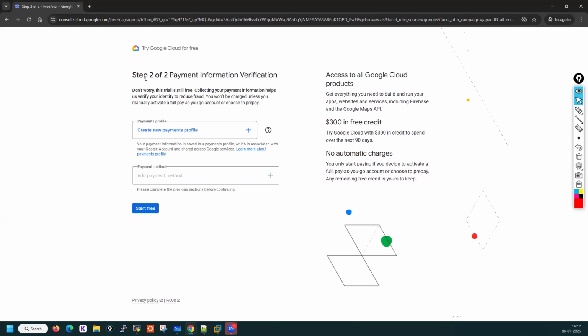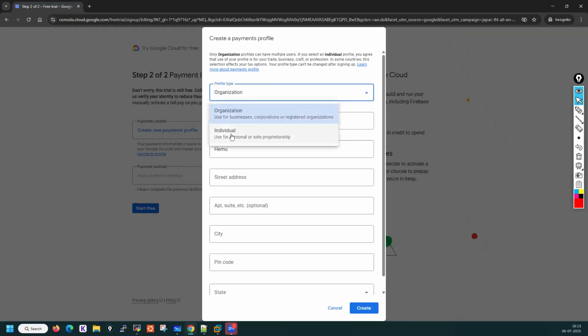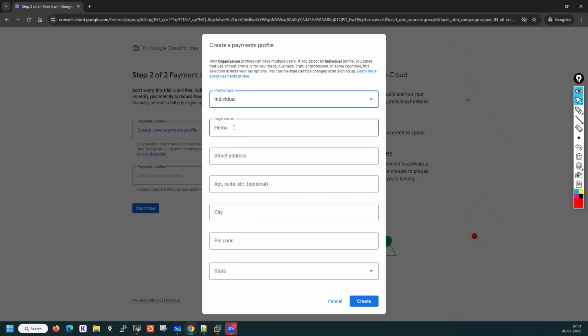Now it is asking for the payment detail. Create a new payment profile. Put organization, select individual, put name. So I'll just put my name here, Hemu. Street address. So I'll put like,